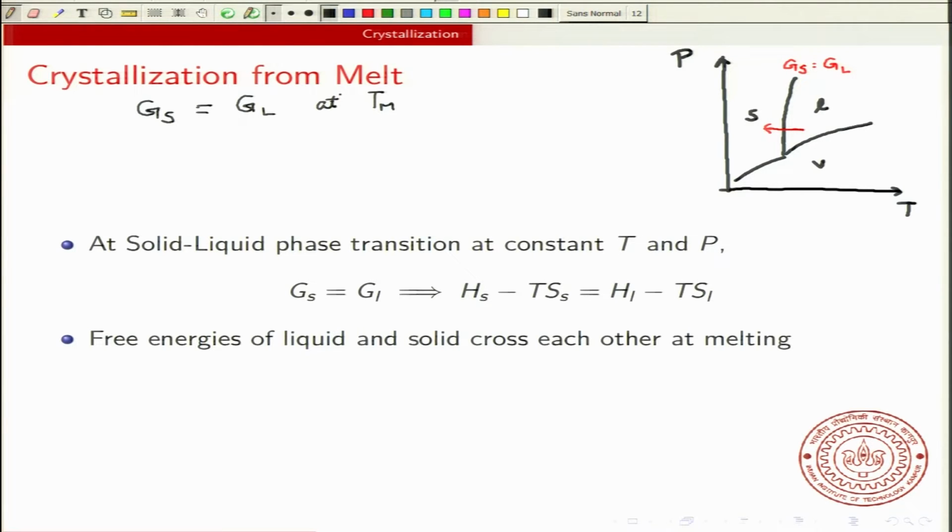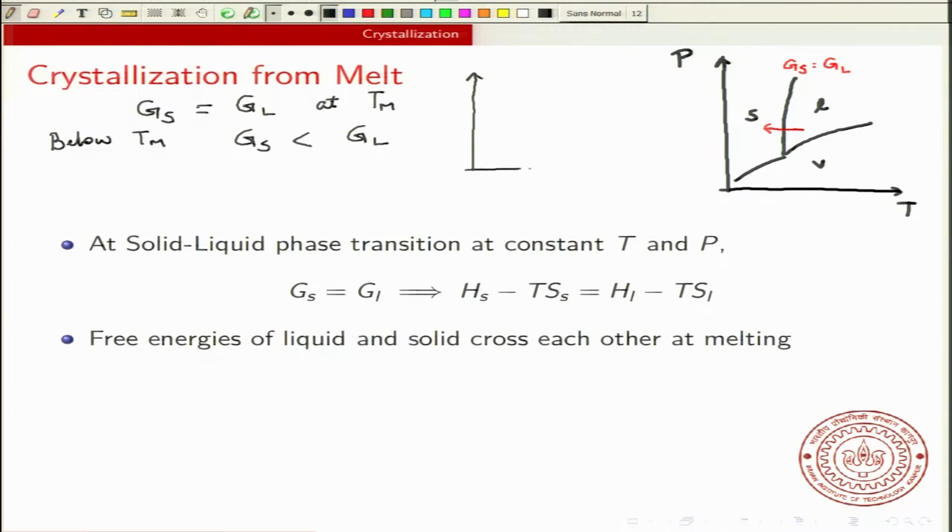Okay. Now, below Tm, below the melting temperature, the Gibbs free energy of solid is less than Gibbs free energy of liquid. So, the solid is the more stable phase below the melting temperature. Now, it should be kept in mind that below the melting temperature the liquid itself is not stable. So, but if you imagine